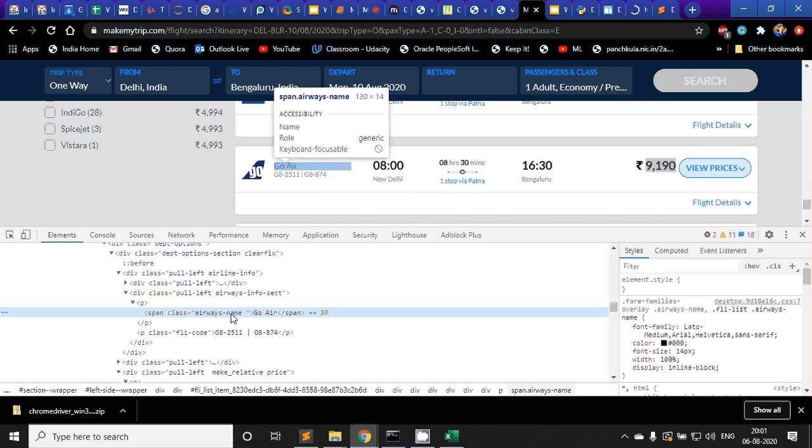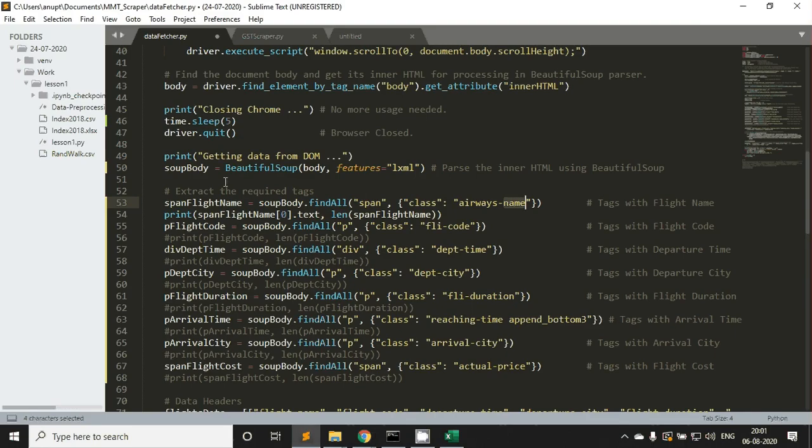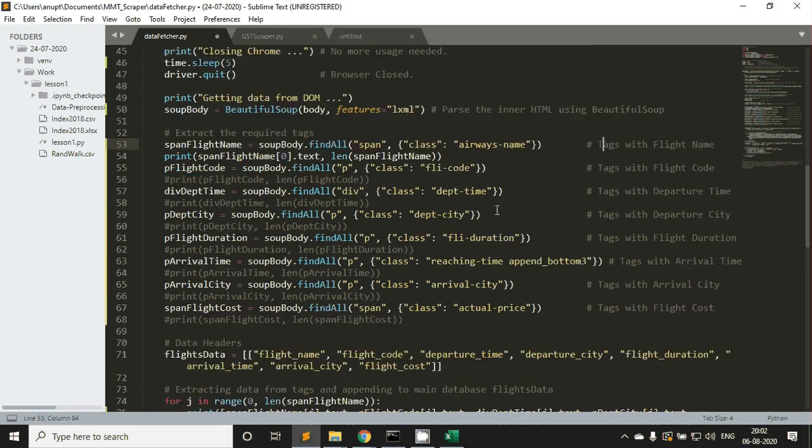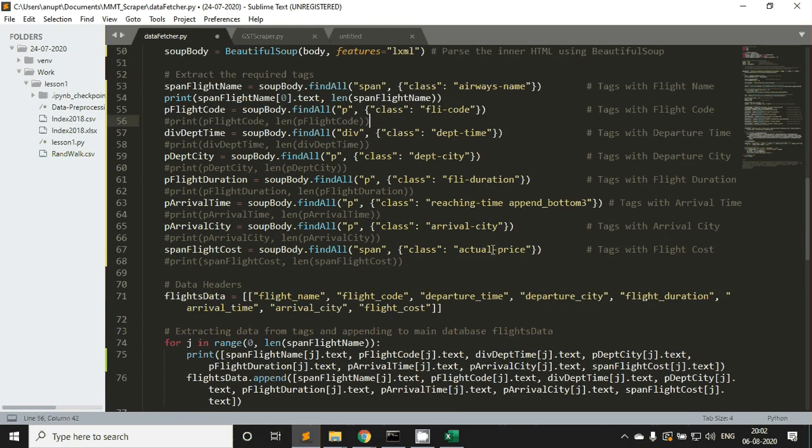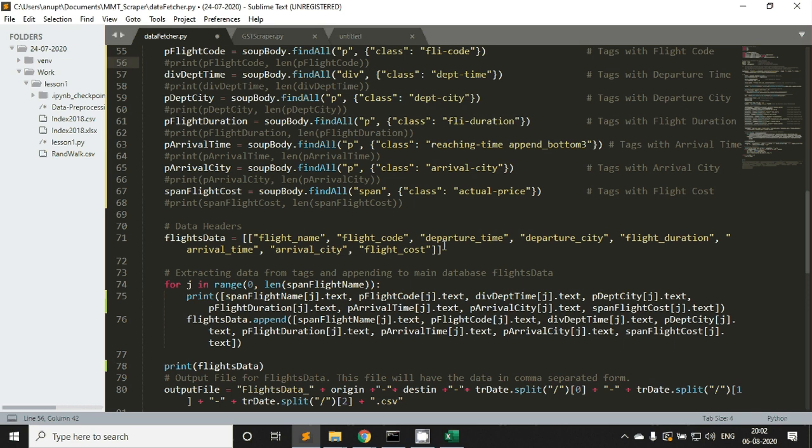And this I'm doing for all the relevant data that I want. Since I don't want all the data on the website, I'm only finding the elements which are required by me. This is where I define and extract all of them. Then the rest is the third step. Once I've already inspected and identified the data content and required tags, I just have to do the processing to save it: parsing the response and saving it.